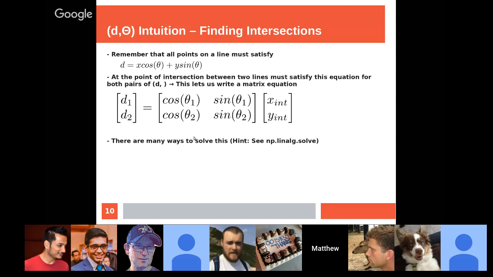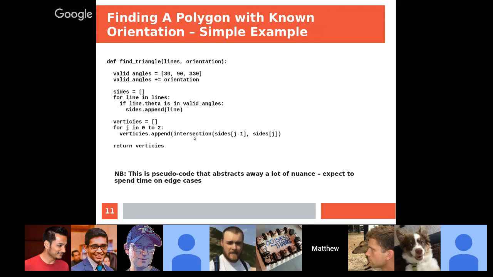All right, so with this, we have all of the pieces to build an algorithm for finding a polygon with a known orientation. I've thrown together some pseudocode, and because I don't want to give you the answers, this is very pseudocode. I don't deal with edge cases. I abstract away some nuance and expect you to spend more time on this than copying it into PyCharm and defining